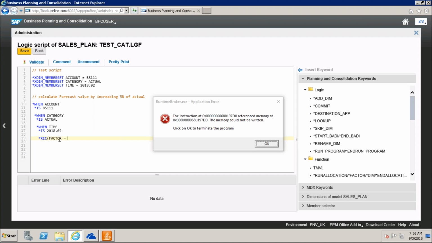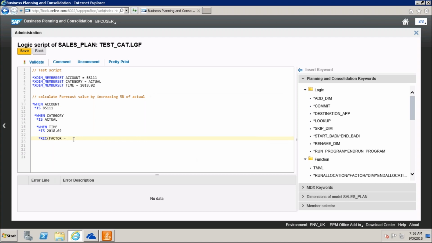We can use factors in multiplication. How much I want to increase, that 5%. 5% means 0.5, comma, where I want to keep this one, my category is equal to forecast.